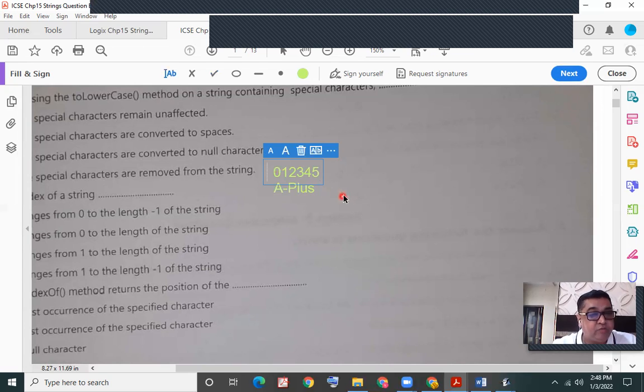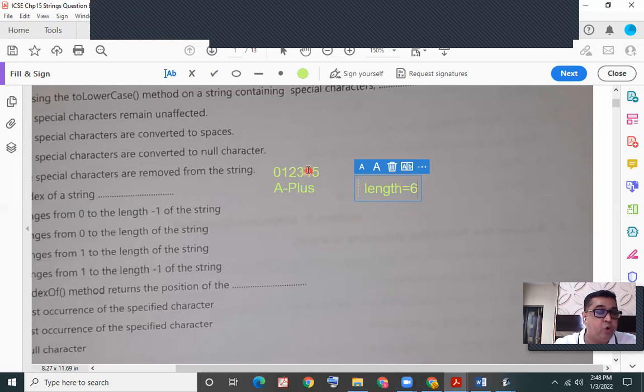I repeat, the length of the string is equal to 6. And what would be the index positions? Starting from 0 up to length, which is 6 minus 1, that is 5. So the index position will start from 0 and would go up to length minus 1.